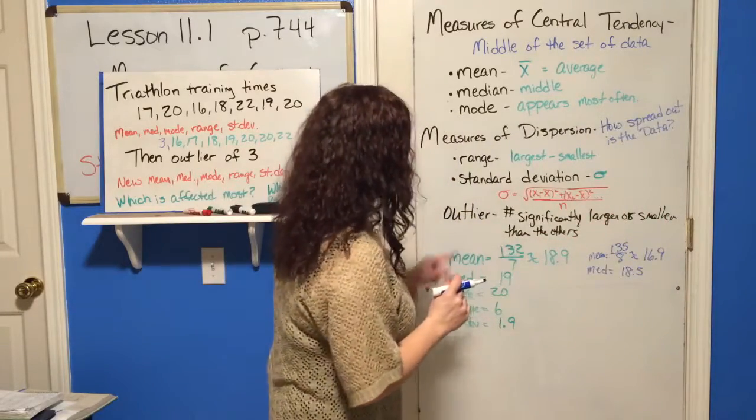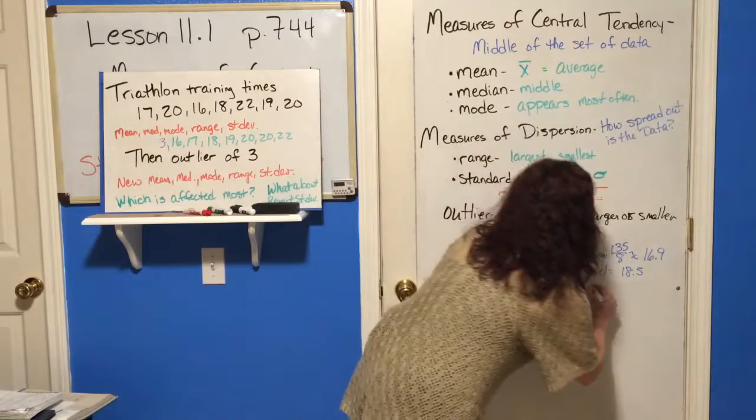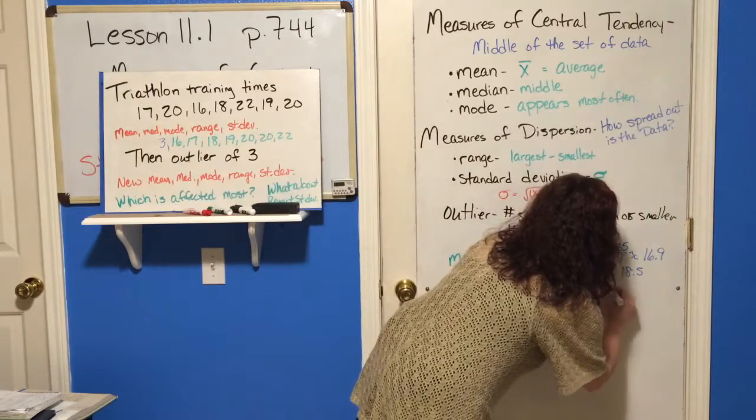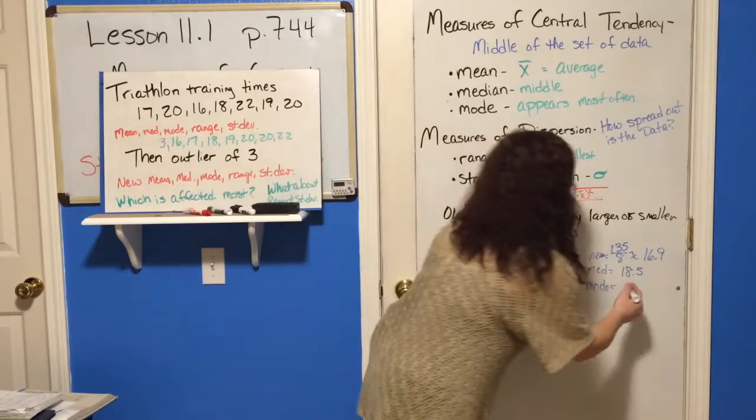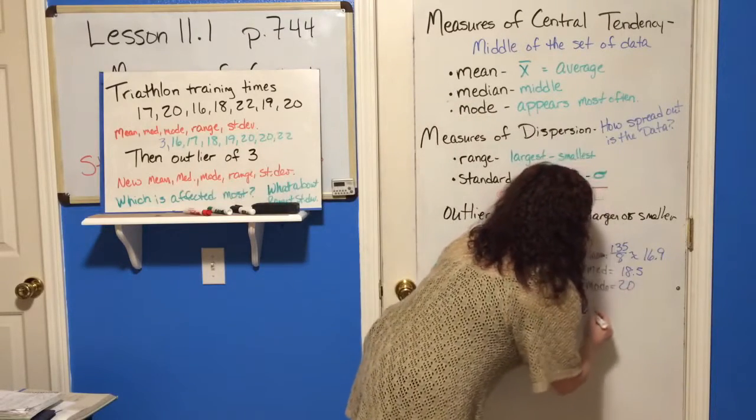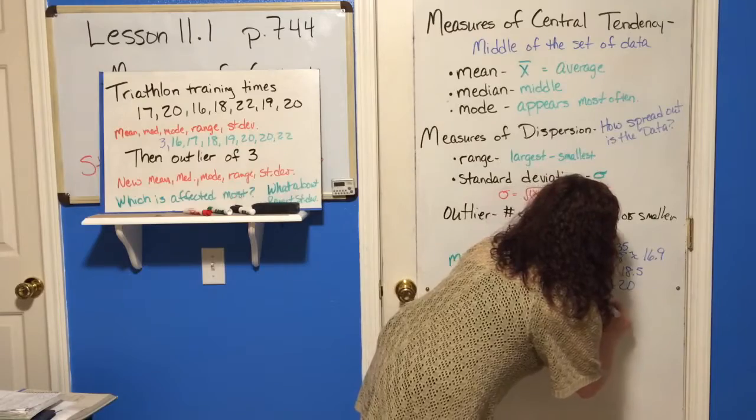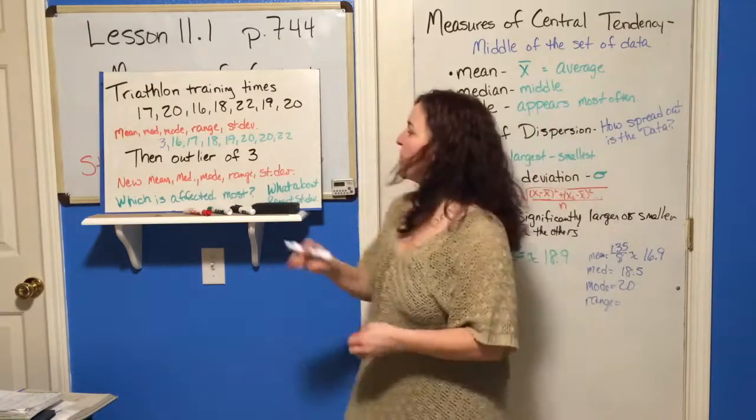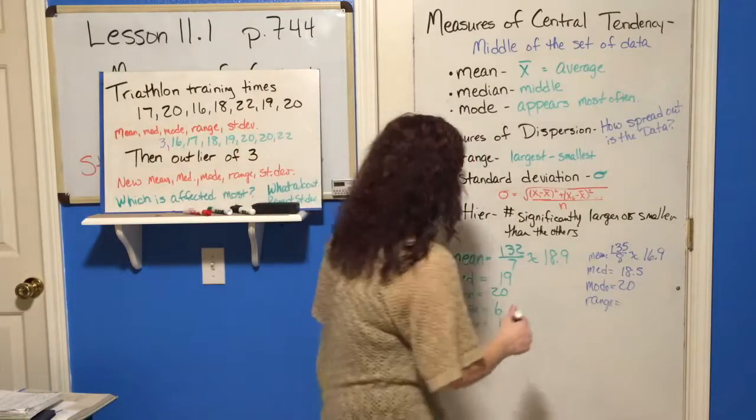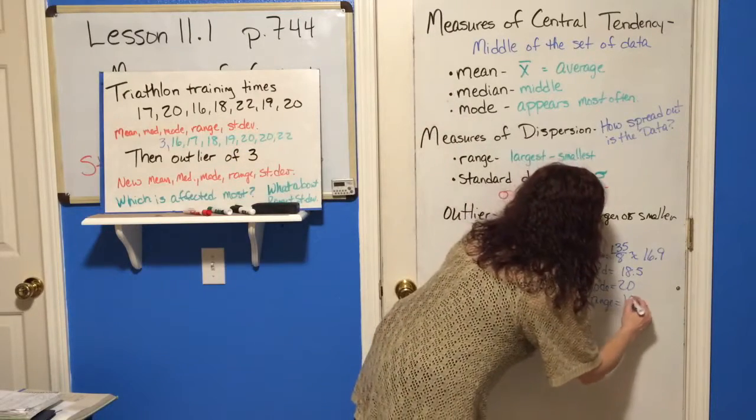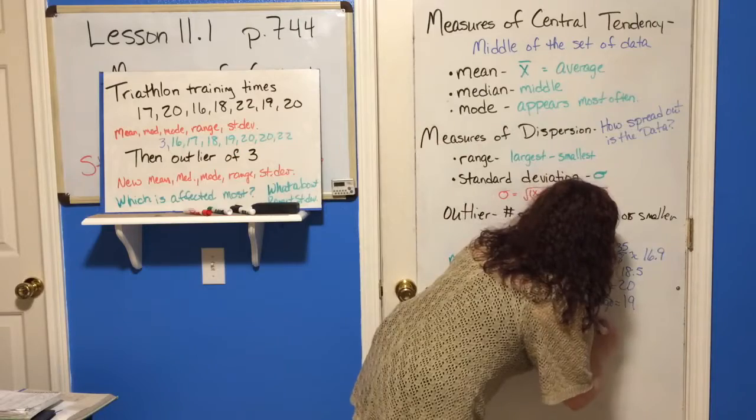All right. So the median is 18.5. The mode, the new mode, is still 20 because there's not two 3s. The range is now 22 minus 3, so the range is now 19. And the standard deviation